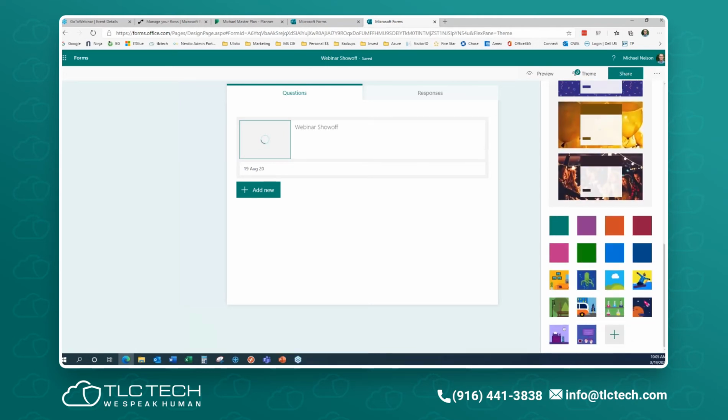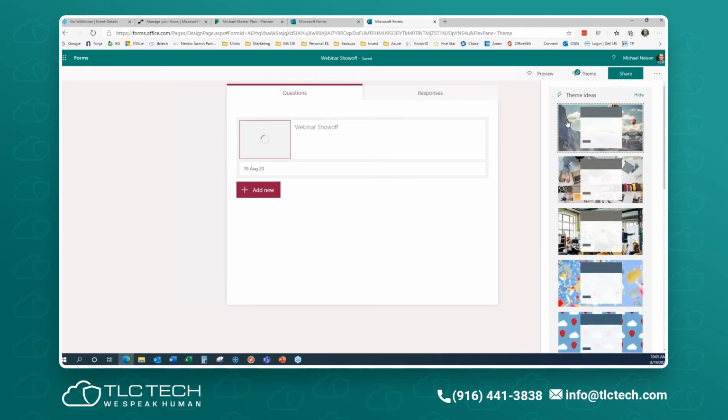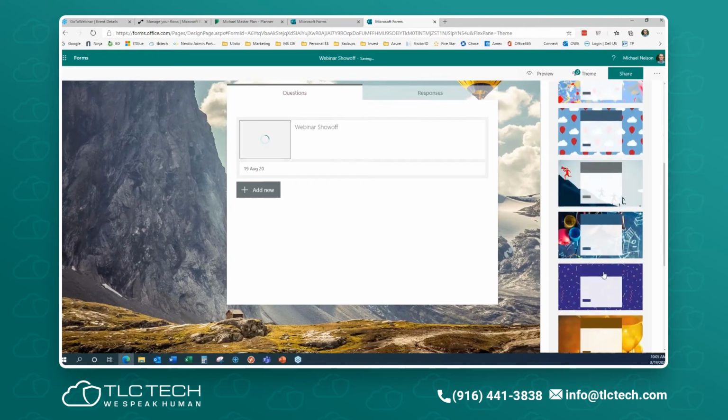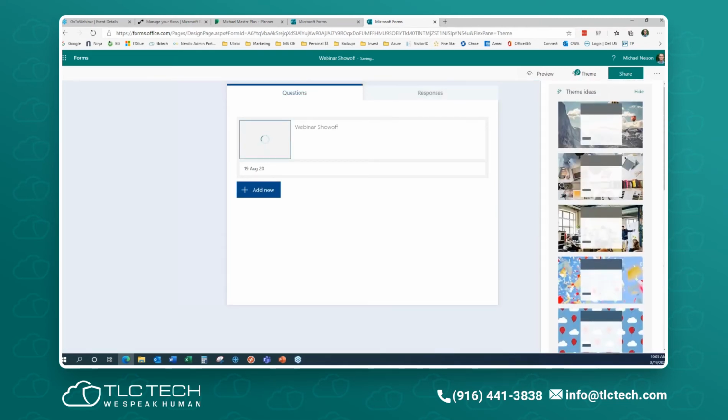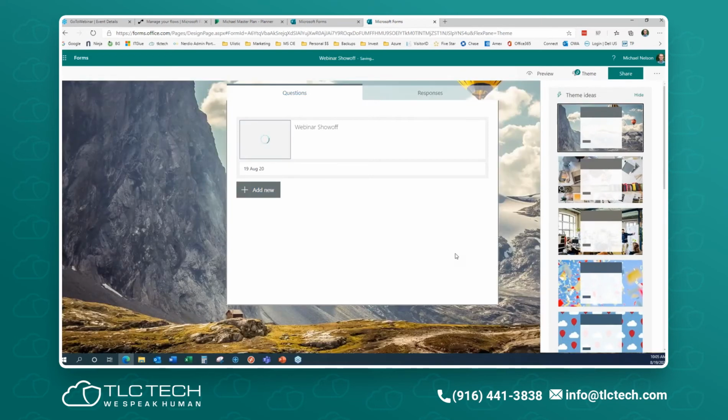If you don't like the colors here, let's say you wanted to change that to blue or a darker blue, you can change your colors this way. So let's go ahead and make this the theme, this one, and we'll make this a little more on the blue side. Oh, sorry, the blue overrides it. You have to stay with this theme. So we'll keep this theme.